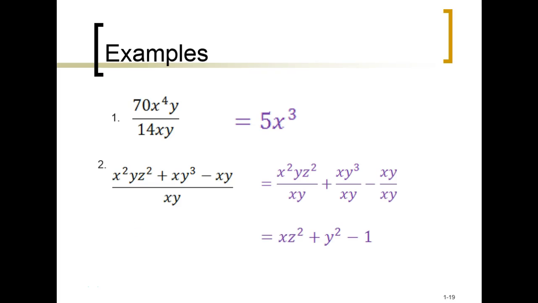And this is what you should end up with. Don't miss this last one. It's a negative. And xy over xy, well, that's just, anything over itself is equal to 1. It doesn't get dropped off. It's not a 0. So make sure that that becomes a 1 at the end there. Okay, so that has taken care of a monomial divided by a monomial, a multinomial divided by a monomial, and